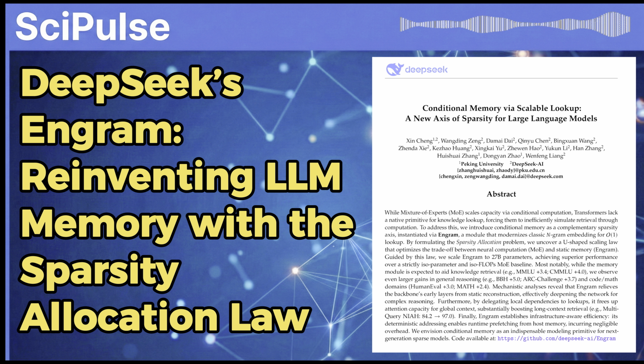They built a control model, a standard MOE model, with the exact same parameter count and the same computational budget, same FLOPs. A completely fair fight. A totally fair fight. And the Engram model achieved superior performance. It was just flat out better. So that's the clearest evidence you could get. It's not just an add-on, it's a fundamentally more efficient architecture. It completely changes the equation.